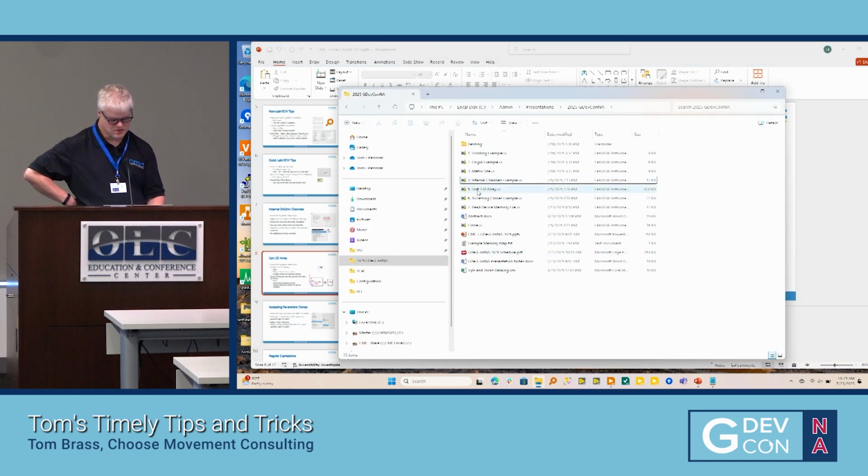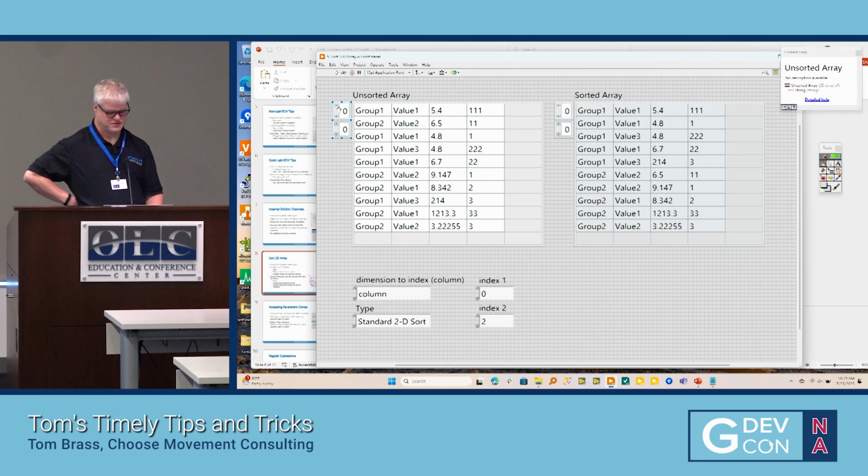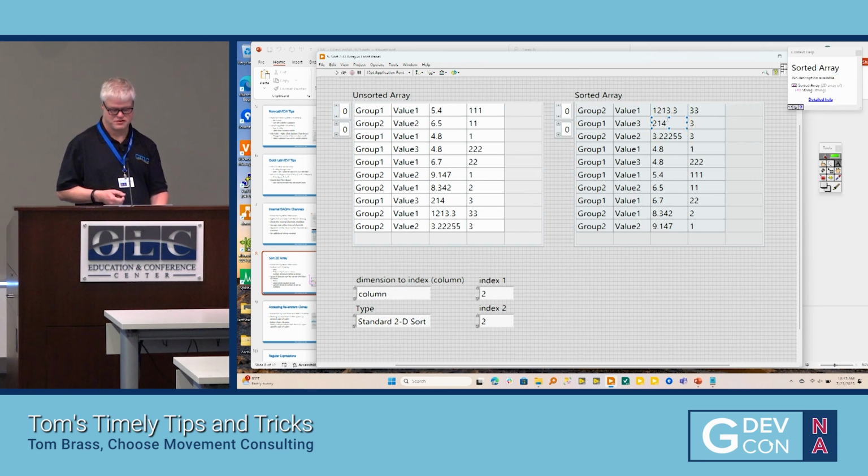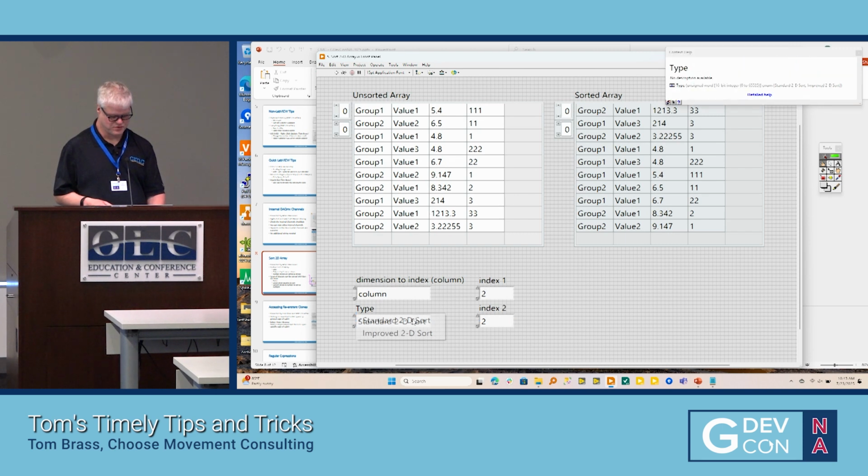for example, you have a table that you're using, and one of the columns is some numbers. If you use the standard sort and you want to sort on index 2 here, you will get the first one is 1213 and then 214 and 3.2. It's probably not what you actually want. But if you do a different technique,